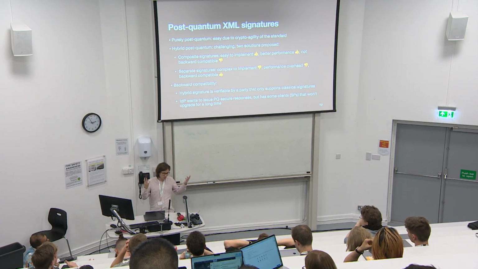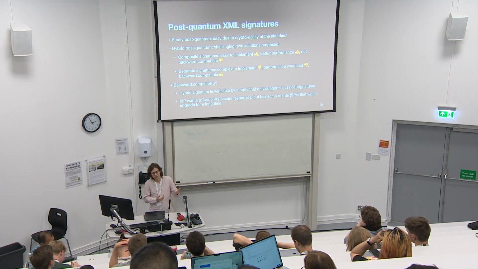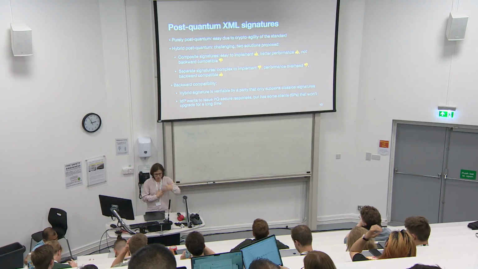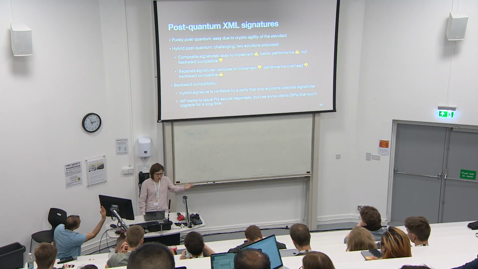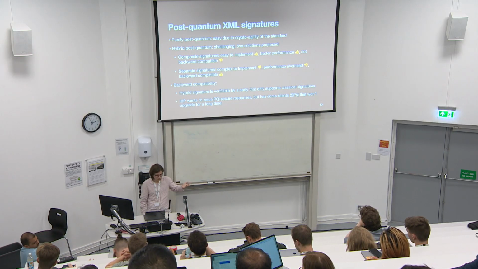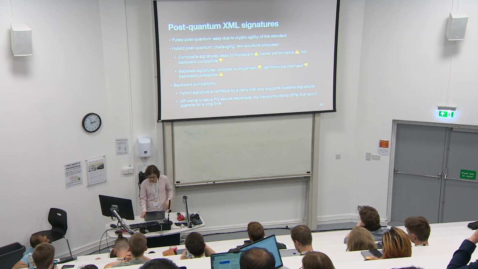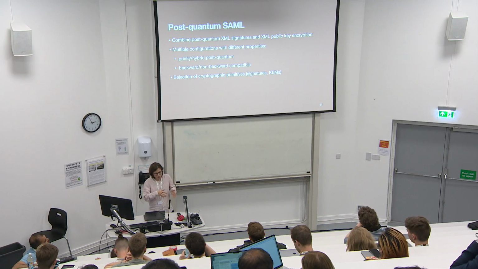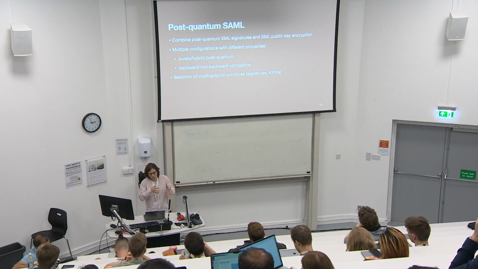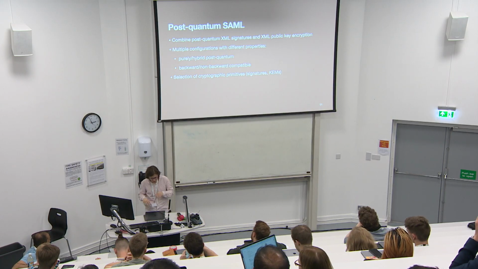And what does it mean? We say that a hybrid signature is backward compatible if it can be verified by a classical-only party, which is a real world example. If you are an IDP, you want to issue post-quantum secure responses, but you have some clients that haven't upgraded their system, so you want to support all of your clients, and you don't want to deal with any problems with that. So after you get post-quantum XML signatures and public encryption, you basically get post-quantum SAML with some caveats,